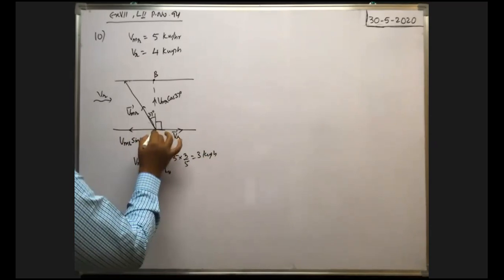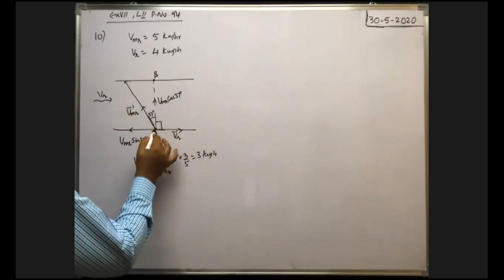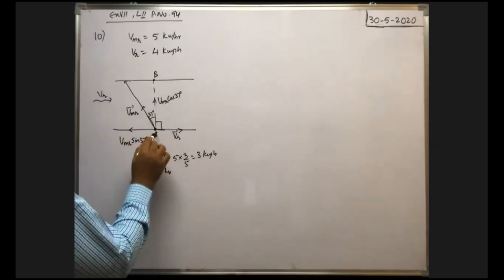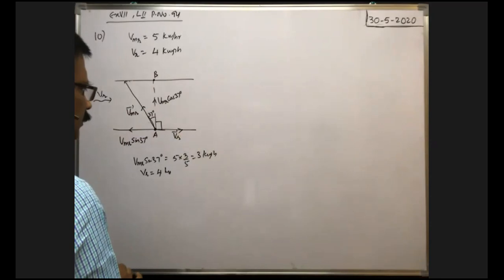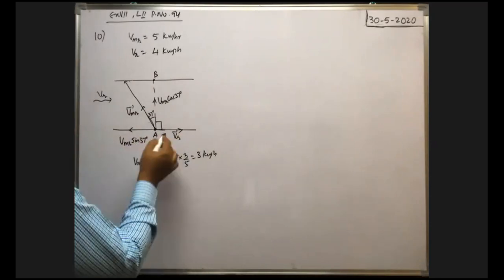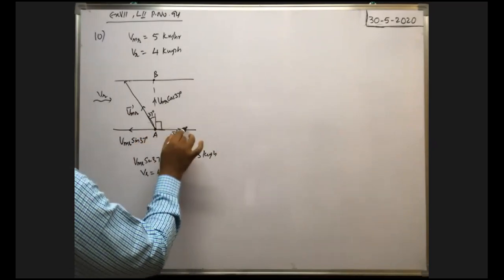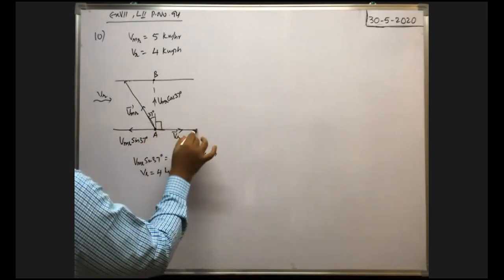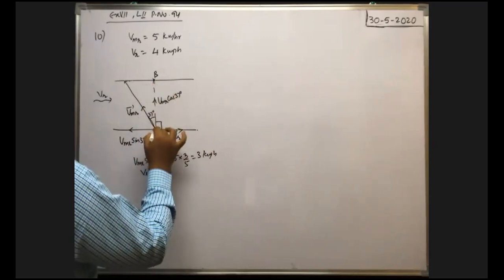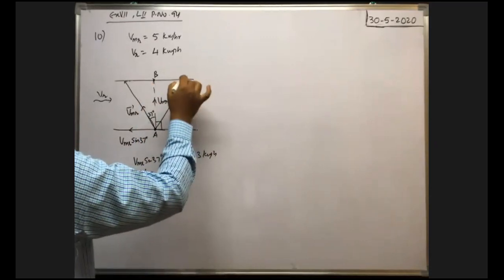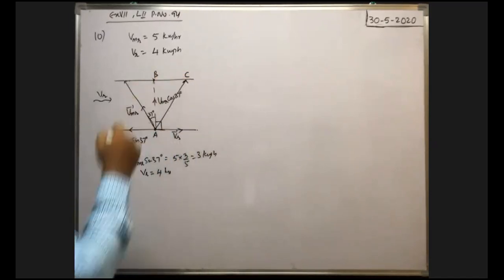That means on the man along the direction of river flow, there are two velocities. One is VMR sine 37 in this direction, VR in this direction. What is the resultant? Definitely VR is greater than VMR sine theta. That's why the resultant velocity is in this direction only. The resultant of this and VMR cos 37 is along this direction. And finally, the man reaches the point C on the other bank.